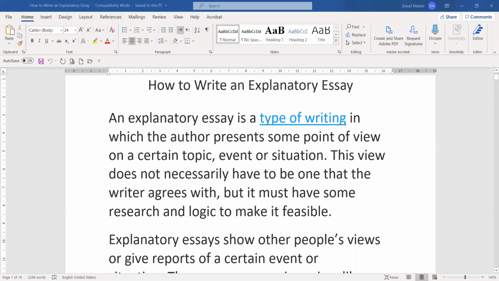Hello, grade 12. We're going to look at how to write an explanatory essay. It's unit 4, notorious jumping frog section. So an explanatory essay, or we call it